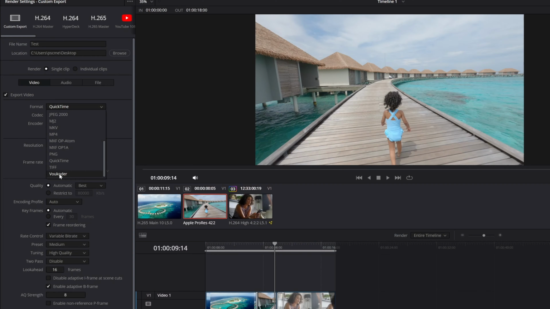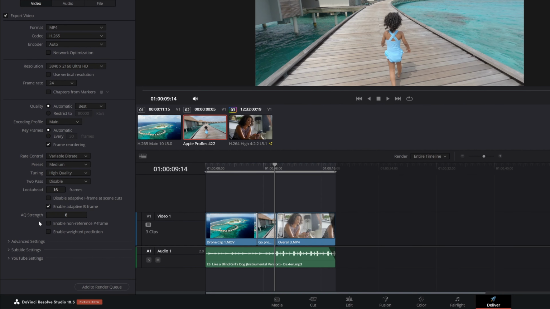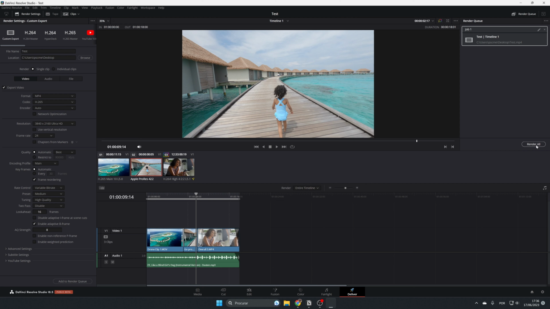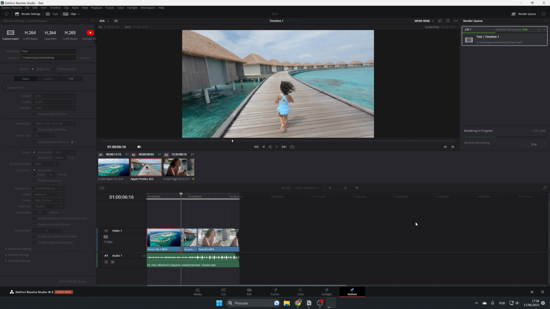Okay, so normally I will export an MP4 H.265 auto in 4K 24 frames per second, everything, and now come here and add to render queue, and when you press it, it came to here. So you can do another project and edit and do everything and add to render queue, and you can have multiple projects here in the render queue, and you can then render them all. So if I press render all, I only have one, so it will render. This is very quick because the clip is short,